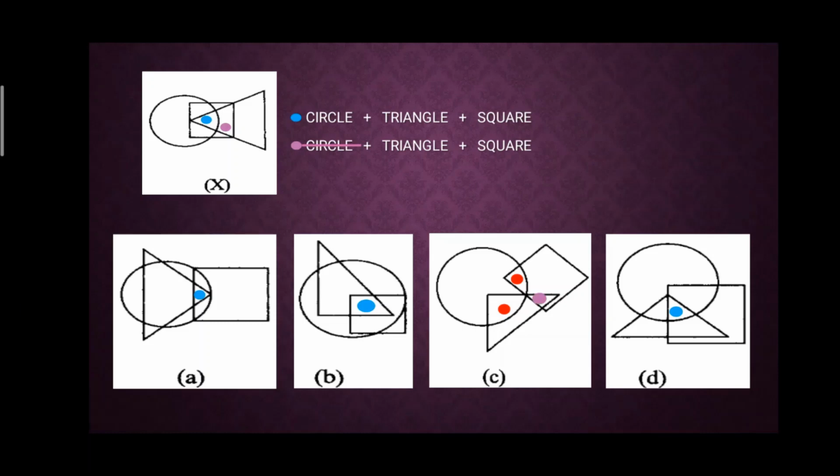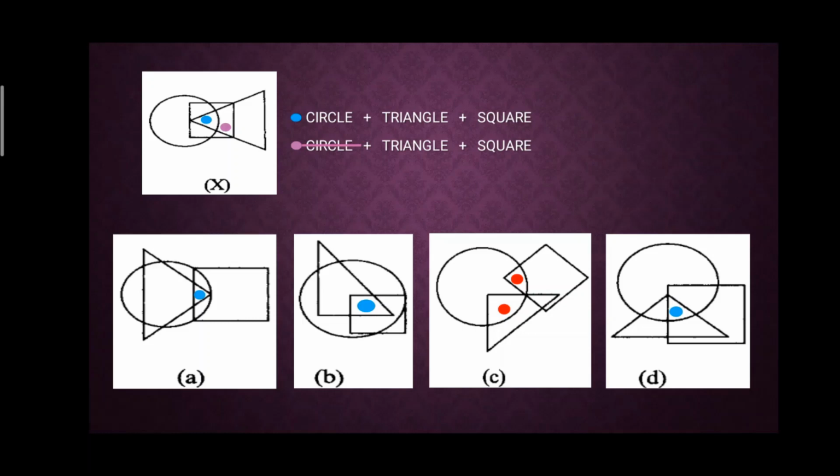Now in option A, I'll not be able to find such area. See, triangle and square. Triangle and square are meeting here, but it's already inside the circle. So I'll be able to eliminate option A. Again, in option B, triangle and square. Here the triangle and square are meeting, but it's also inside the circle. I want outside the circle, without the circle. So eliminated option B also. In option C also it is not possible because I have already eliminated option C.